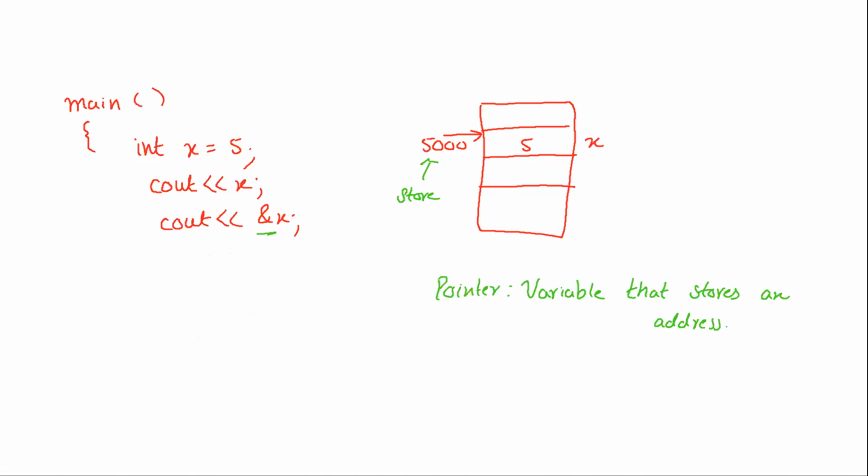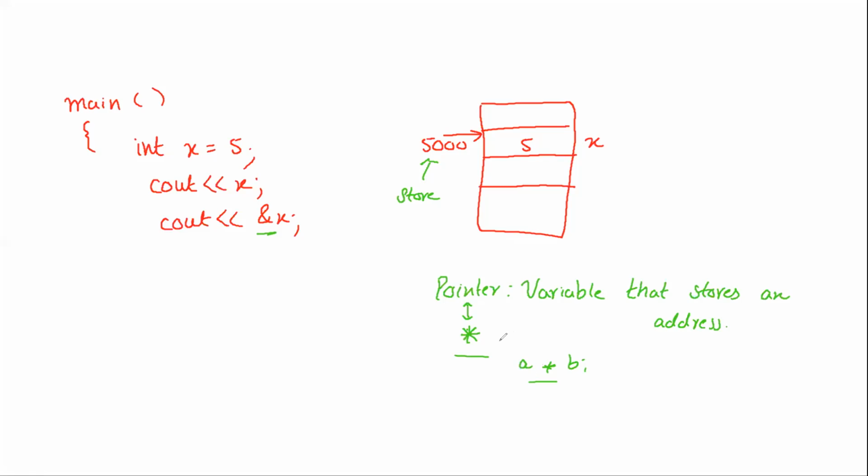We simply use a symbol, which is this symbol. With pointers, we use this symbol. Now you have already seen this symbol. For example, when you are doing multiplication, you are using this symbol. Since the number of symbols is limited, we have multiple interpretations of the same symbol. If I write something like A into B, it means you are talking about multiplication, not pointer. So be careful. Don't be confused if you see different meanings of the same symbol. It is very much fine.